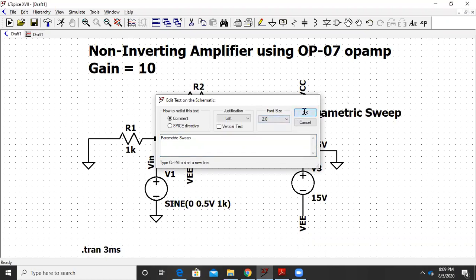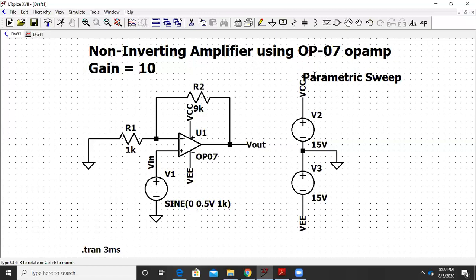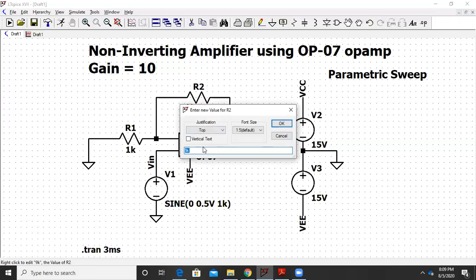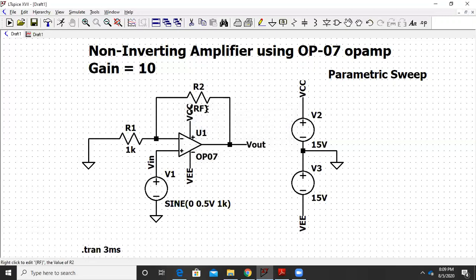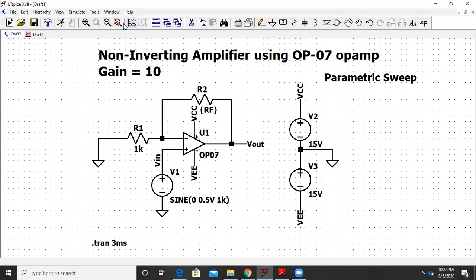So either you can change the value of R1 or R2. So let us try out with R2. So what I will do is, instead of this 9 kilo ohm, I will write RF inside curly brackets. Just for example, just for a variable, I have written it here, RF. Let me just push this a little that side. Yeah. So now it is clear, I guess.